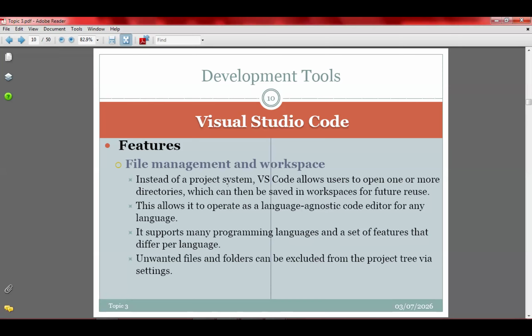So once the extension has been incorporated into VS Code, assuming I'm coding using JavaScript and I want to change it to PHP or change it to ASP, you can easily change it. VS Code supports many programming languages and a set of features that differ per language.